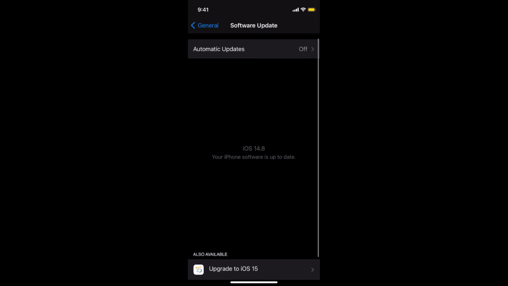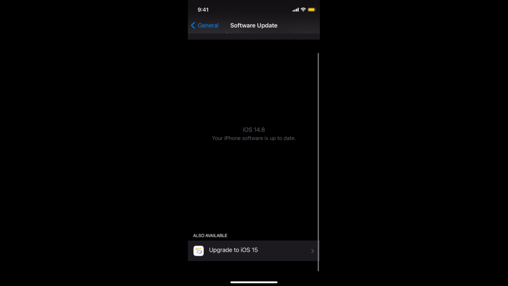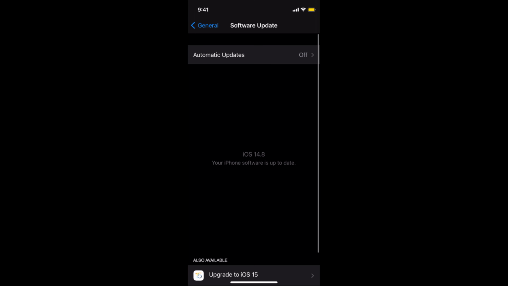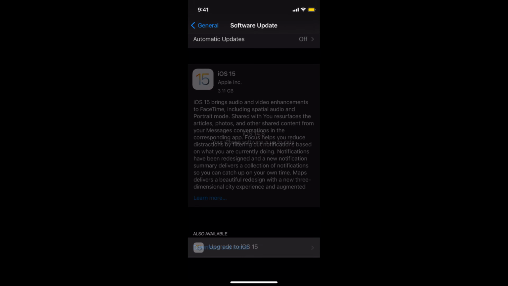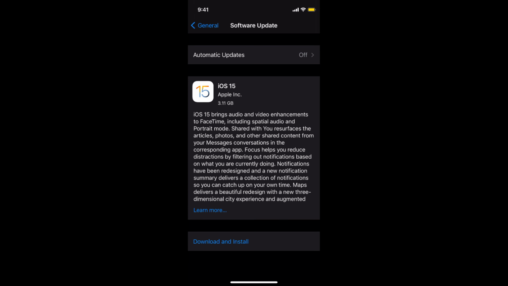In some cases, you might not be able to see this upgrade to iOS 15. That is because your previous software is not up to date. So first you need to go up to the level of 14.8, and then you'll be able to directly download the iOS 15. So to download and install iOS 15 on your iPhone, simply tap on upgrade to iOS 15,